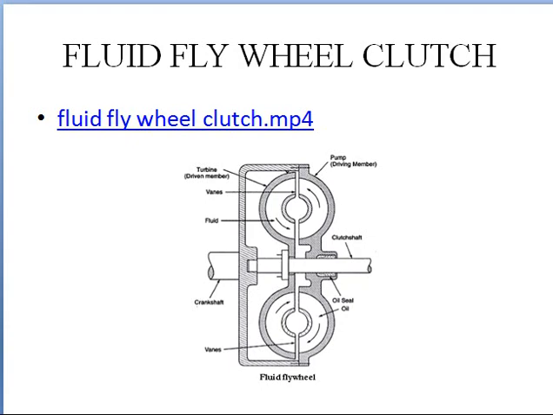And next one is fluid flywheel clutch. So here what happens is this is a turbine, this is the drive motor. Here you have another pump, this is the crankshaft. So it means this is the driving shaft and this is the driven shaft. Now you'll have oil inside, and because of oil rotation in one of the boxes here, the fluid will enter into another box also. As a result, the friction will get created between both the shafts and it will start rotating.